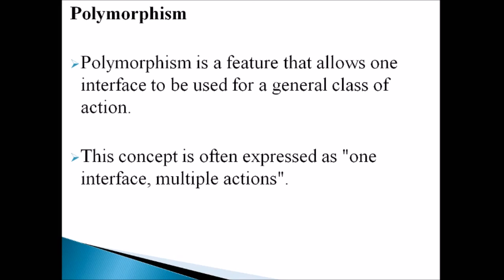Next is polymorphism. Polymorphism means taking more than one form, that is one interface, multiple actions. For this we can say the example called overloading, that is method overloading and operator overloading, like that. Overloading can be the example for polymorphism. What is called method overloading? The same function name with different parameters is called method overloading or function overloading. Where the function name is the same but the arguments are going to be different. So likewise, taking more than one form of the same name is called polymorphism.